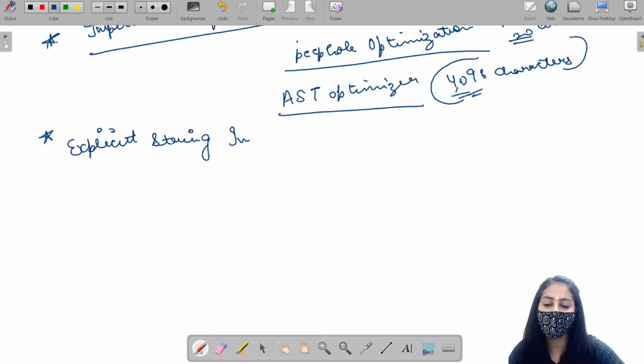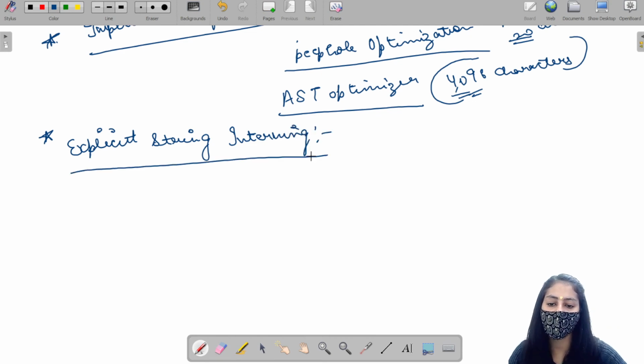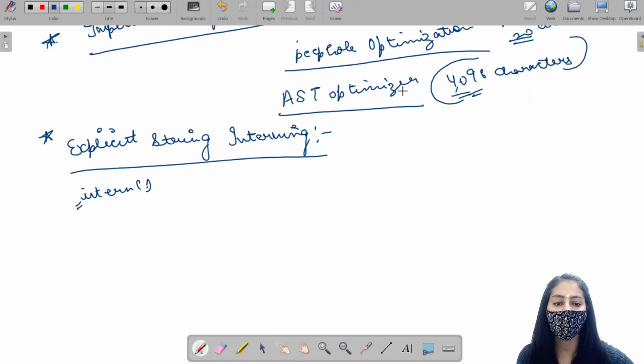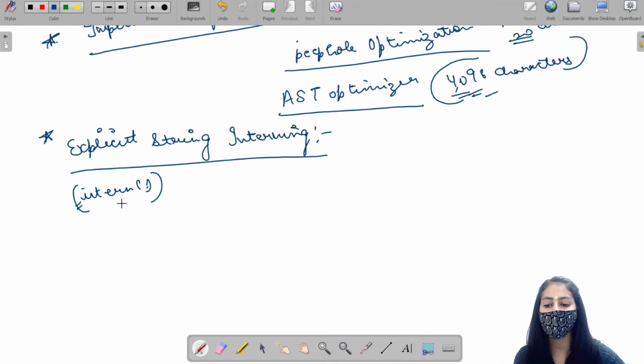Now the user can perform the interning by himself. He can use a function named intern. By using this function, the string will always perform interning, no matter how long or short the string is, right? So there is a function in Python, intern, which is in the sys module.